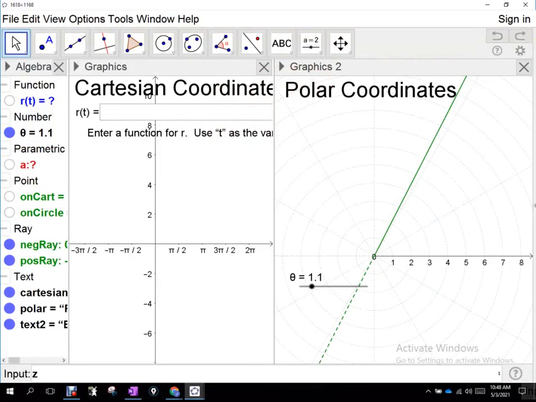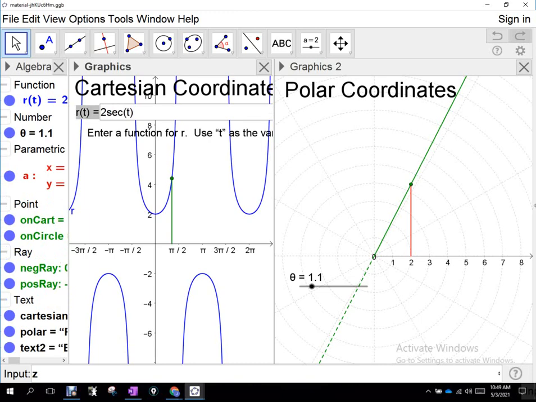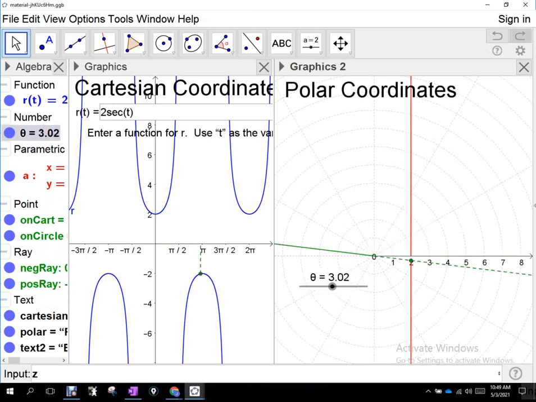Let's take a look. So we go 2 secant theta. So you see how it's,